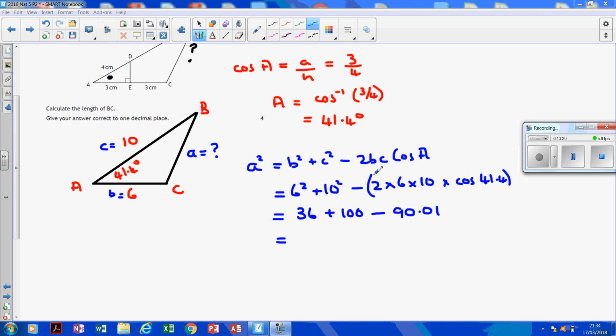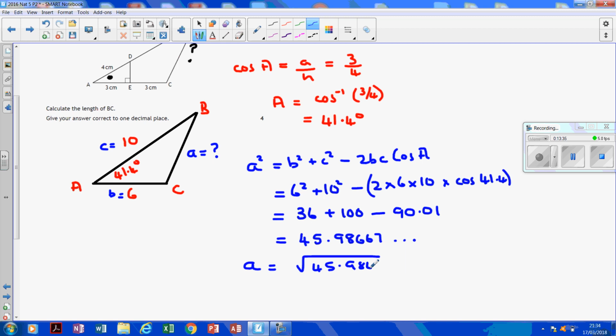Now you have got your 3 parts to it. When you put all of them into your calculator, you get 45.98667, and it goes on. I want A, which is the square root of all of that, so it's the square root of that number above, 45.98667, and it turns out to be